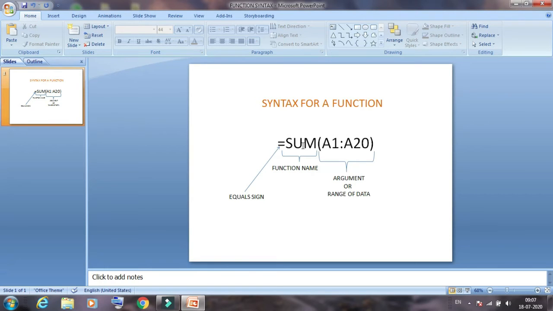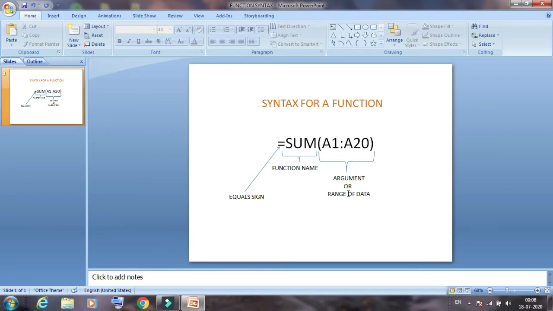Then we write the range of data. This is the cell reference, the address of a particular cell, meaning the starting cell address and the last cell address. So a function has three parts: number one is the equal sign, second is the function name, and third is the arguments of data.